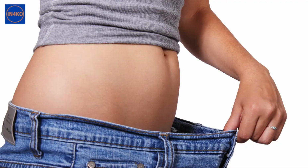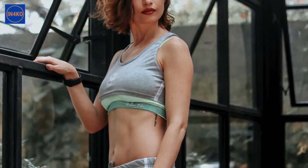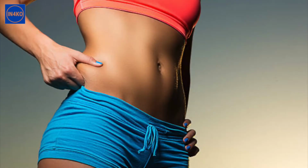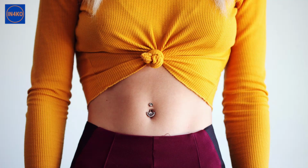That is belly fat. Your body is storing more than burning the fuel you are intaking, and that is building up belly fat. Let's first understand what is belly fat and what are its risks. Belly fat is excess fat deposited in the abdominal region, which is also called visceral fat. Compared to all other types of body fat, this one is associated with dangers of heart strokes, diabetes, and other